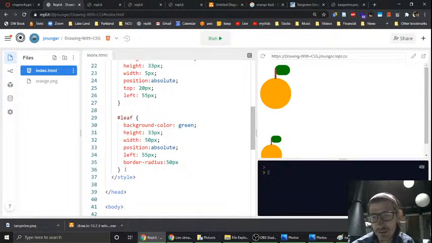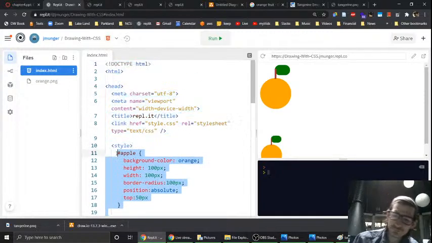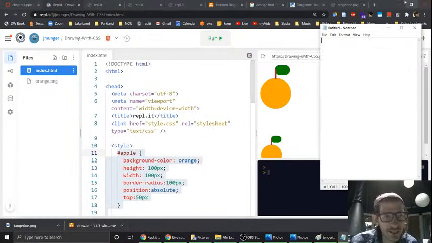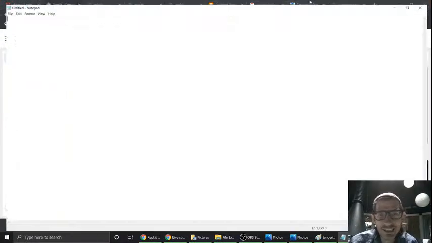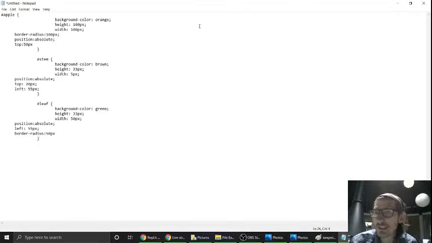So what we would do is grab the code needed to generate this image. I'll just use Notepad because I don't think Notepad has all that much overhead in terms of space that it needs to store files. So I'm just going to paste the code in here,